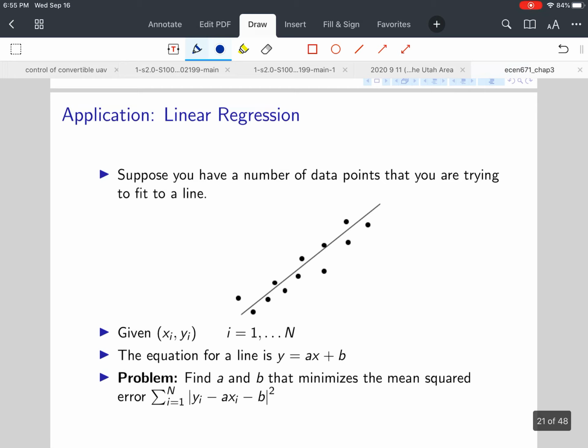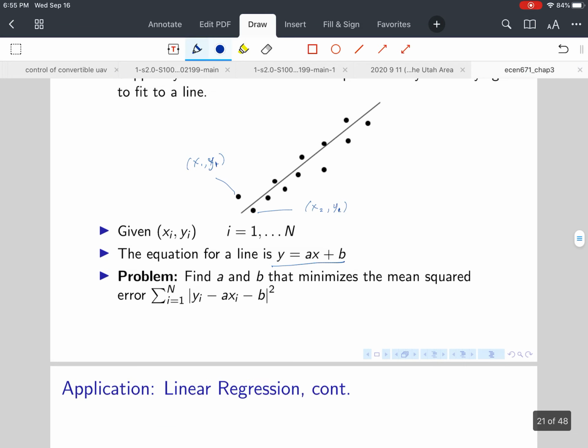All right, another example, linear regression. Suppose you have a whole bunch of data points and you're trying to fit a line to these data points. So here's all your data points. This is some x1, y1. This maybe is x2, y2. So you have a bunch of data points, and you want to fit a line. So the line is going to be y equals ax plus b. So the question is, how do you find a and b that